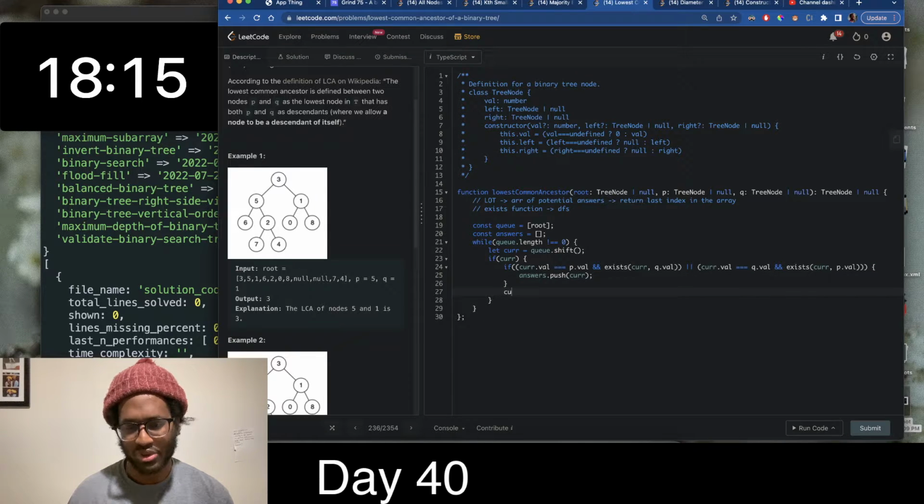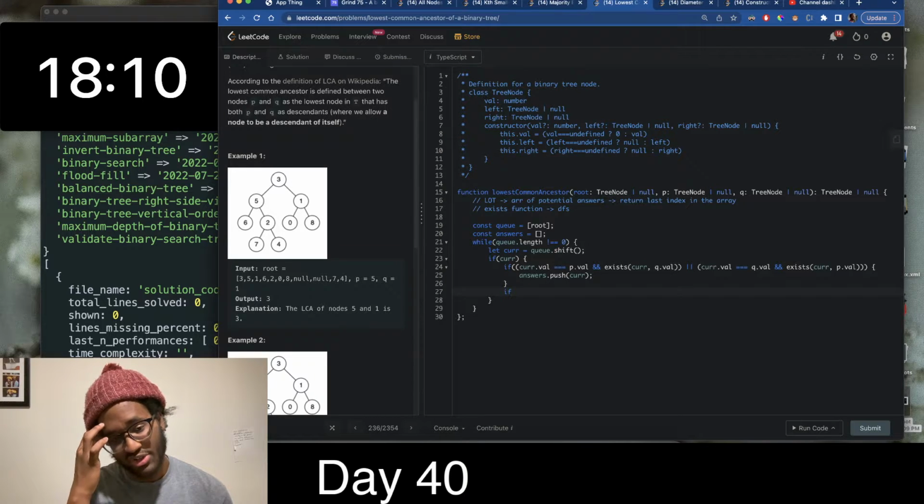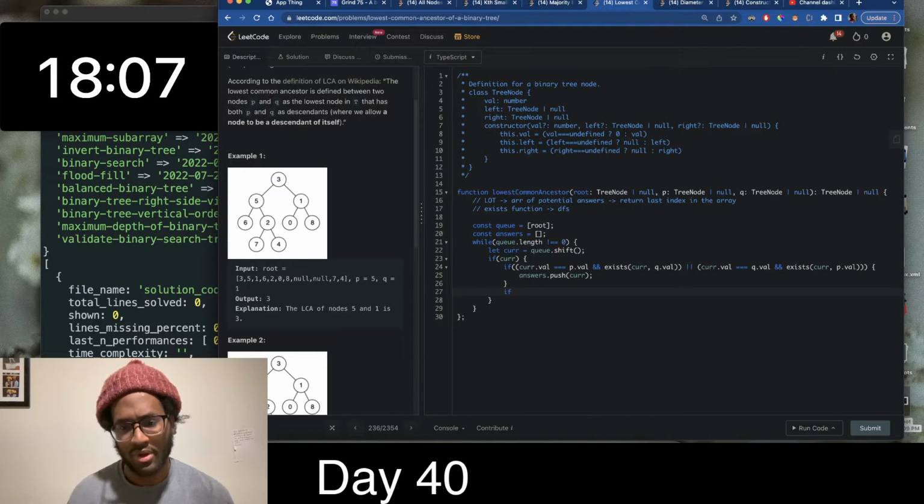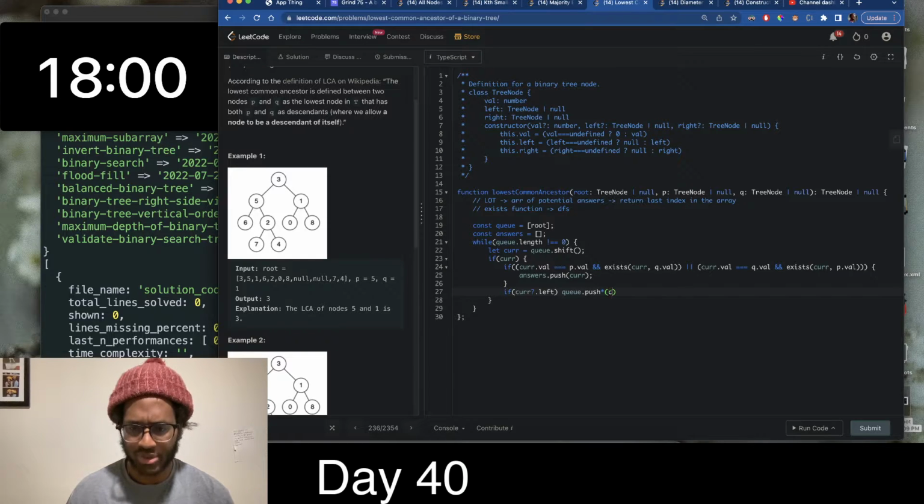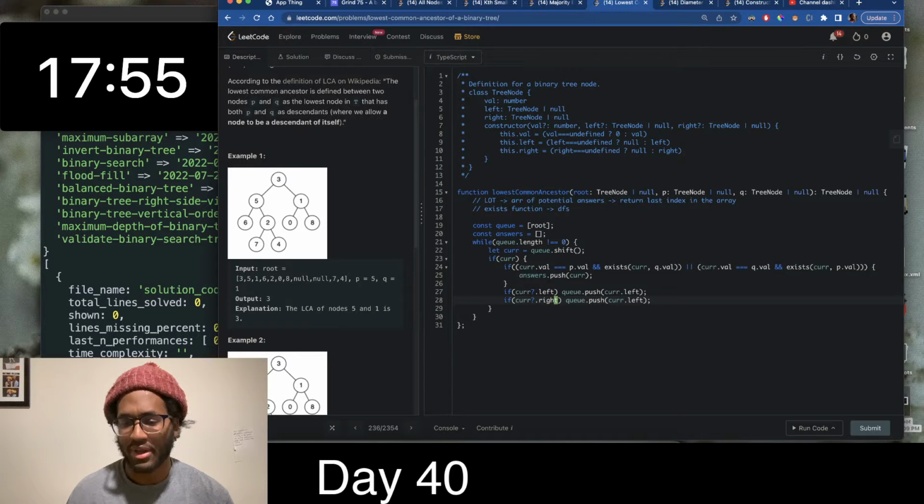Then we'd want to push its left and right nodes if they exist. We want to push its children on to continue the level order traversal. So we'll say if cur.left, then q.push(cur.left). We'll say if cur.right, q.push(cur.right). And so what we could return at the end is answers, so answers.length